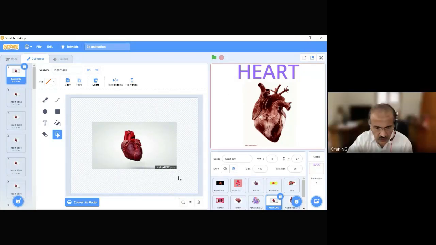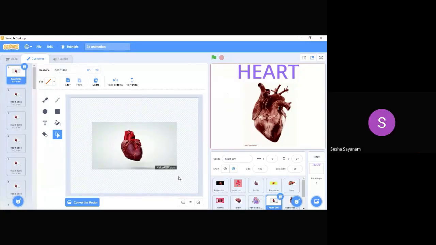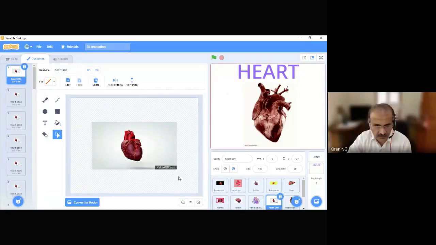Okay, the answer is no, but I will tell you the workaround. The workaround is that on all platforms you can install Scratch offline. That I know. Online it's available. Even if I send you a URL on WhatsApp, if you click, you need not open Scratch separately. It will open Scratch and it's ready for running.